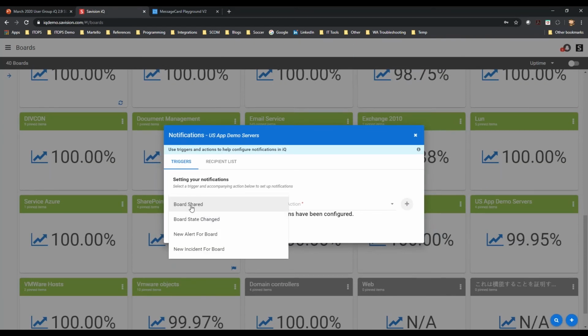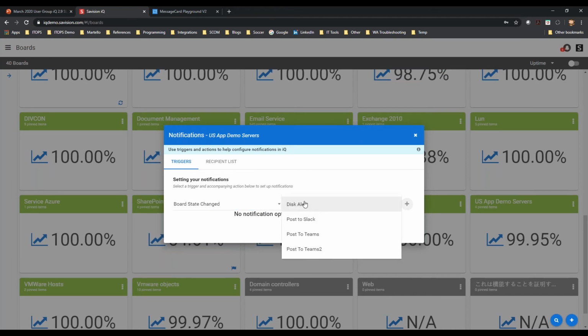Trigger is going to be board shared. These scripts are not made to handle that, although they could be adapted for that. They also can't handle the new incident for a board, although we could probably adapt for that too. For me, it's basically board state change or new alert. So what you're going to do is you're going to select what you want the notification on, and then your action. So in my case, I can post to Slack, and then I hit the plus button